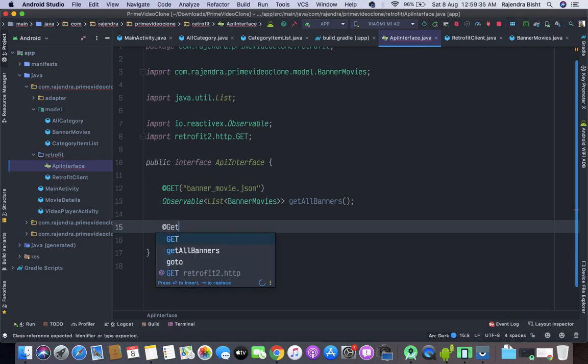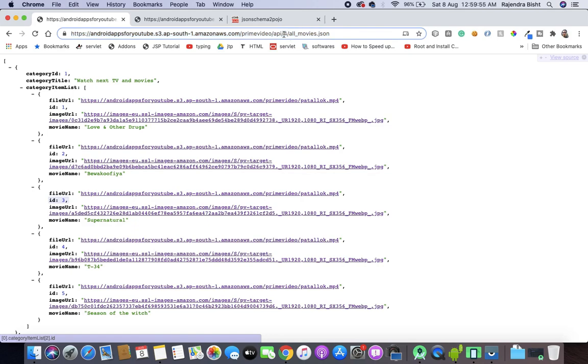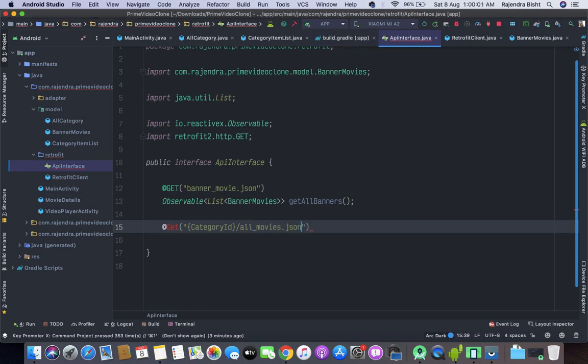So at the rate get, and inside the get we have first of all category ID. So after the category ID we are just copying it and pasting it here.